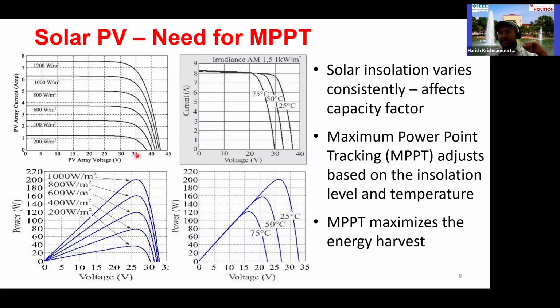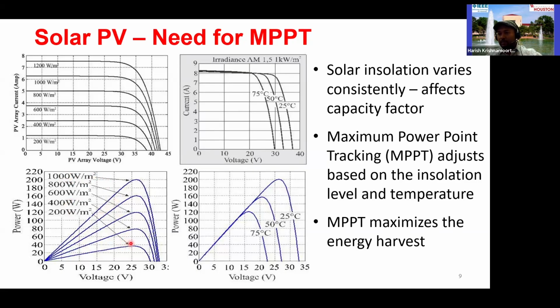Now if you see the trajectory, depending on how we take that energy from a solar panel, the current fairly remains constant with respect to the voltage. Because it is a current source, we have to make that solar panel process a certain amount of power. As you can see, the bottom is the voltage to power graph at different insolation levels, like 200 watts per meter square up to 1000 watts per meter square. Roughly on the Earth's surface, on the ground, that's roughly the highest insolation that we can get. So in a meter square area, there'll be about 1000 watts coming in.